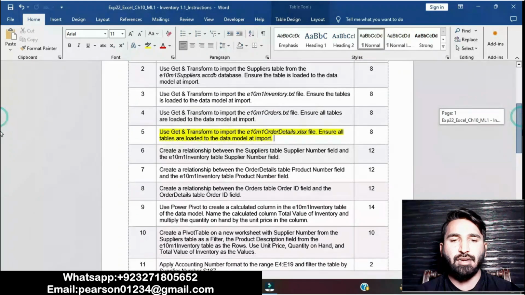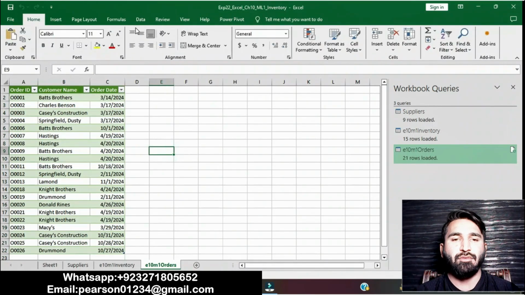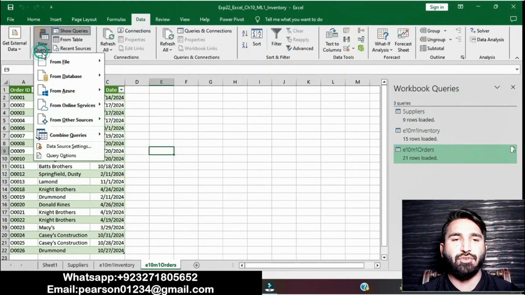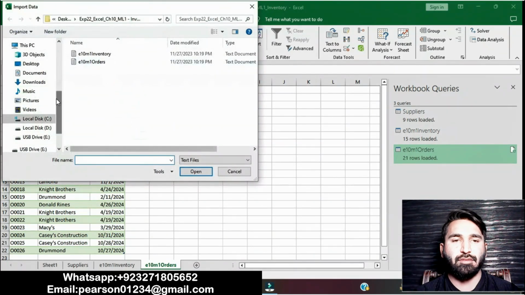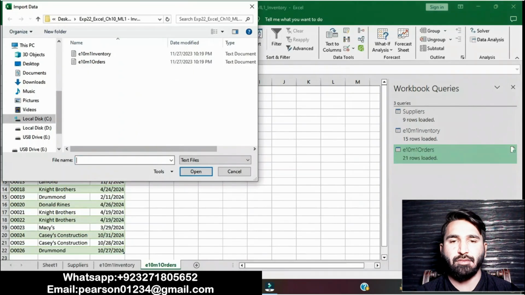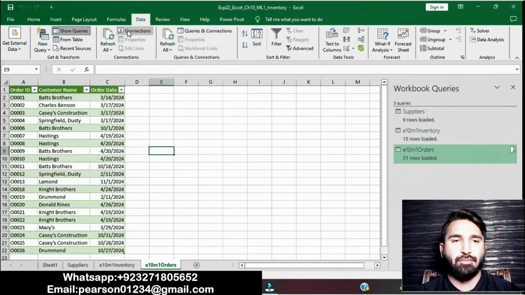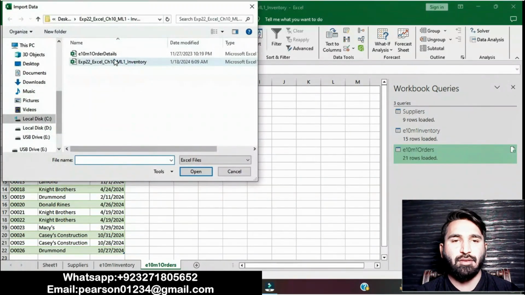Question number 5 is to use Get and Transform to import the E10 M1 order details XLS file. Ensure all tables are loaded to the data model at import. Basically, we will have to import this file. Go to the Data tab, New Query, From File, From Excel file. Here is the E10 M1 order details XLS file.